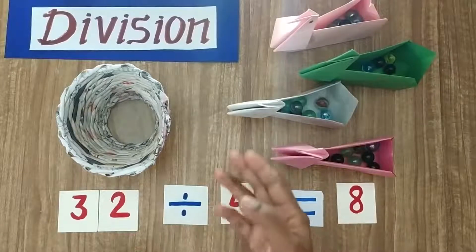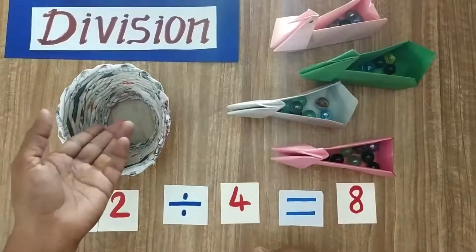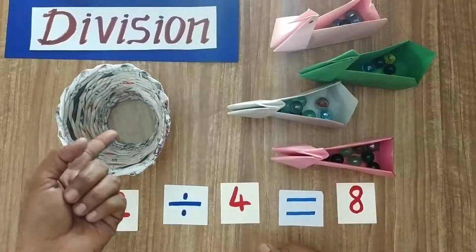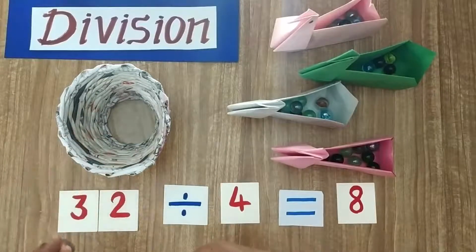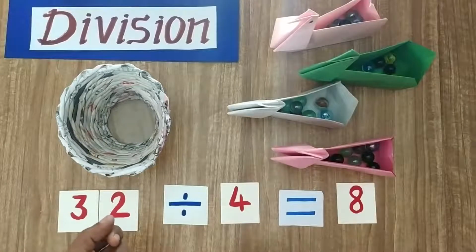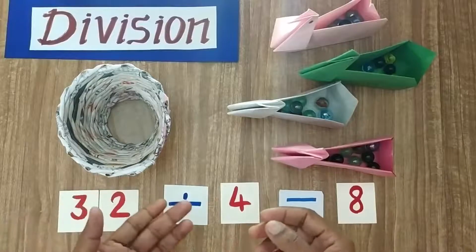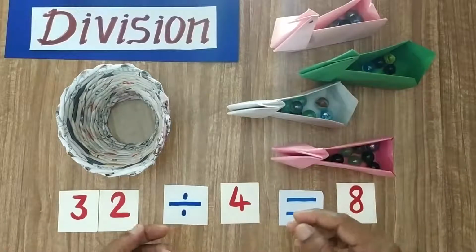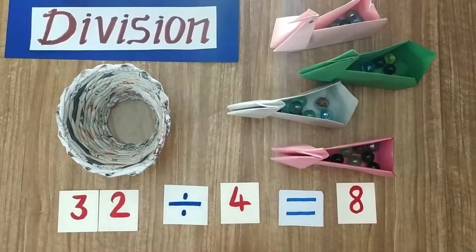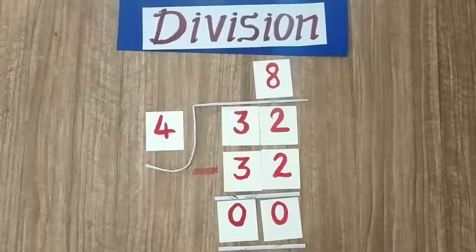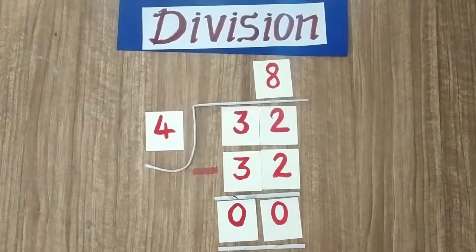Okay, this is called division. When we divide, there will be nothing left here. So this is 0. When we get 0 at the end, the number is divided equally and there will be no remainder. Okay, this is about division which we know already. This is the way we solve division sums, and this is called long division.